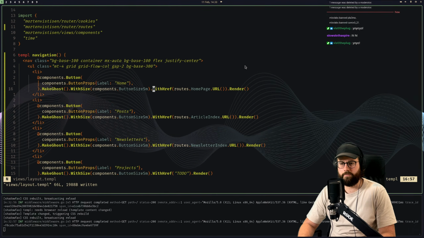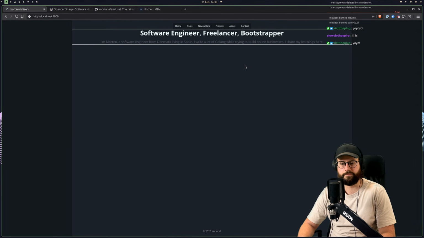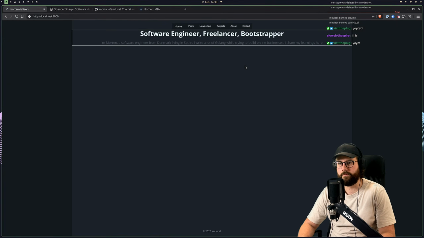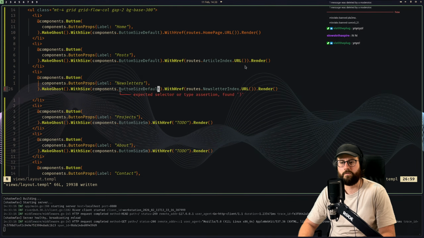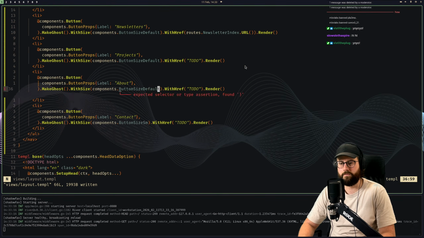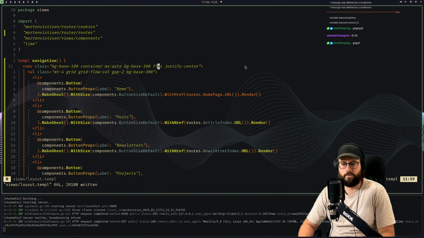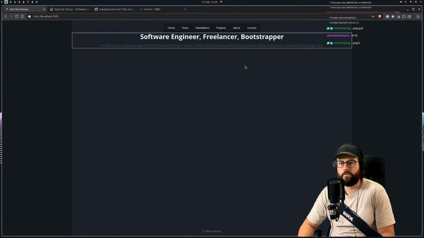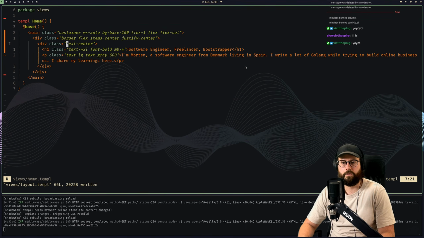And what are the button sizes we have? Okay, I'm just gonna do this for now, and maybe add a little bit of padding. Good. And home. Now this becomes flex and flex col, and then we should have